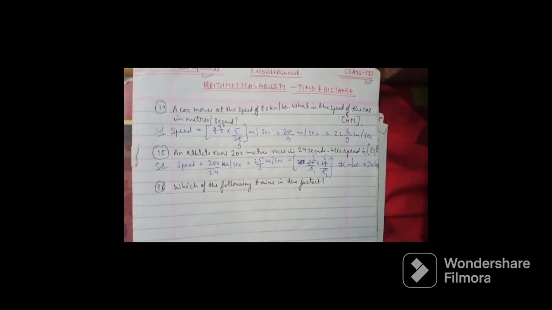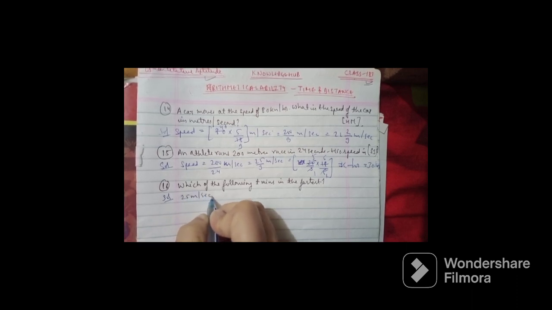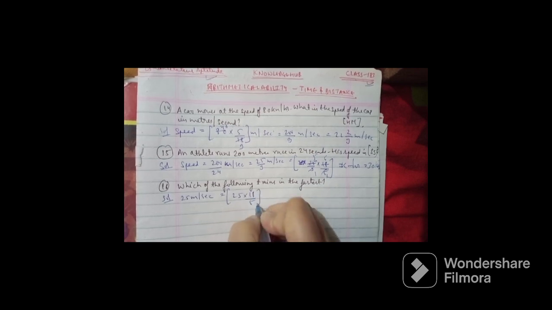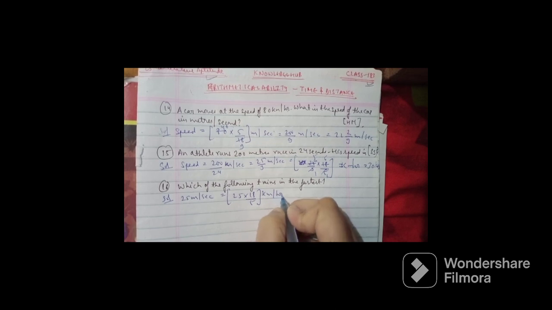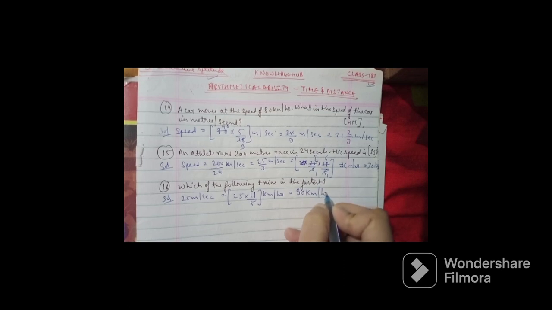The options here we have are 25 meter per second, 1500 meter per minute, 50 kilometer per hour, and none of these. So here we go for the same. 25 meter per second equals 25 into 18 by 5 kilometer per hour, which equals 90 kilometer per hour,